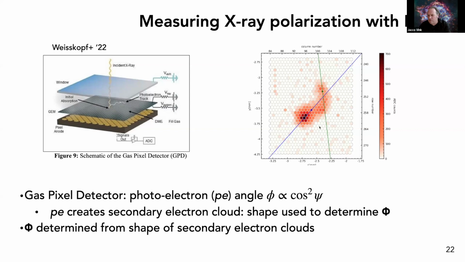And then it turns out to be quite difficult to get the ejection direction from that, because the photoelectron makes a cloud of secondary electrons. From the shape of those secondary electrons, which are recorded, you have to see where the impact point is, in this case here, and what the photoelectron vector initially was. Where you see most of the emission is where the electron cloud ends up, but this is the initial one. So it's easy to make a mistake there, and that adds to the error of your measurements.